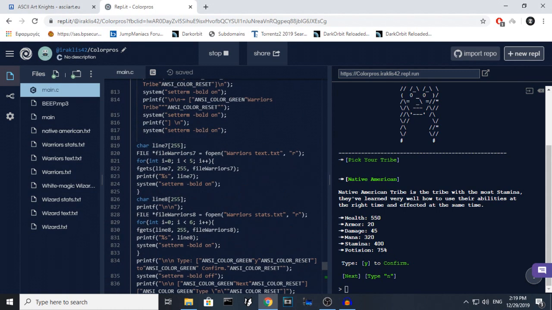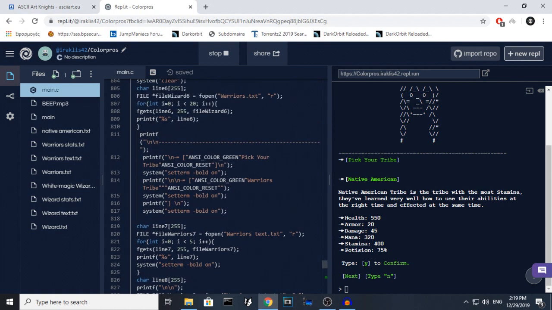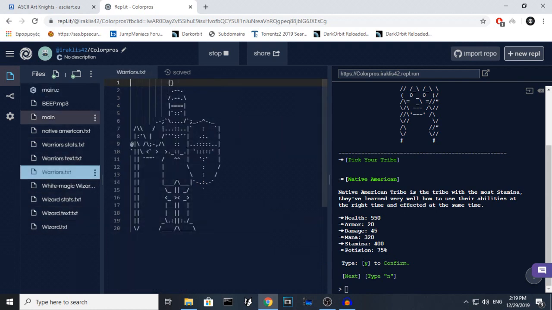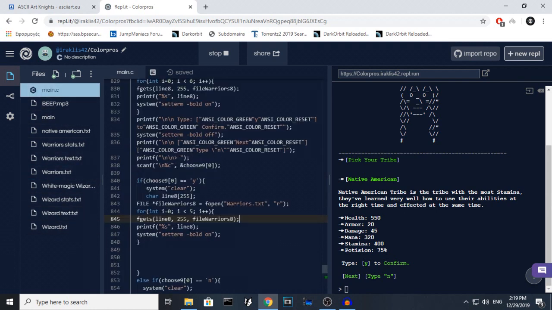Where's that TXT? Yeah, okay. Right here. System clear. Again the ASCII art, and